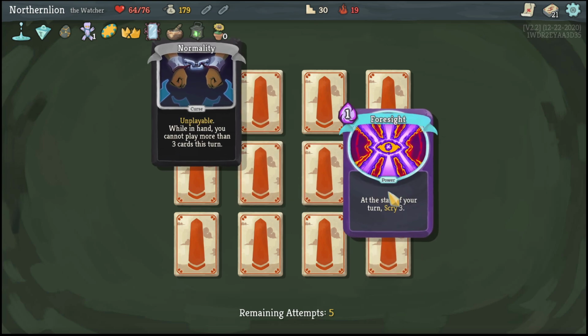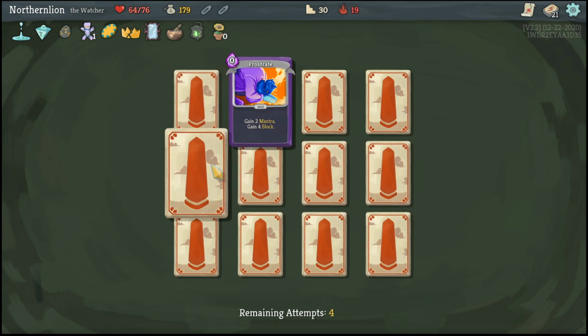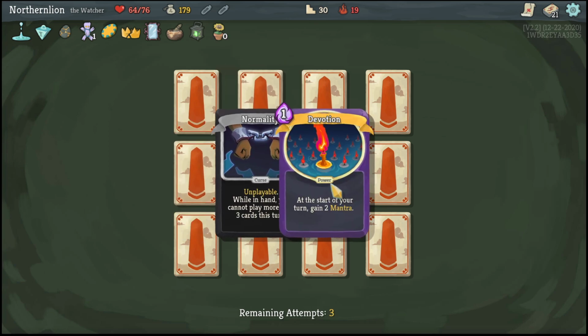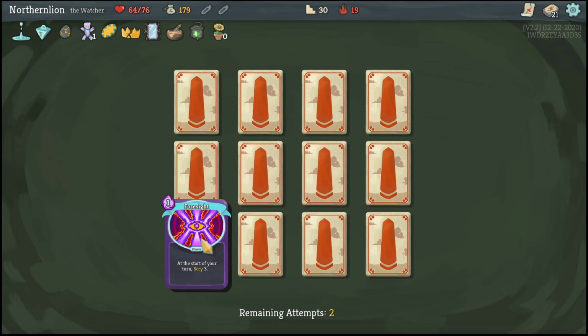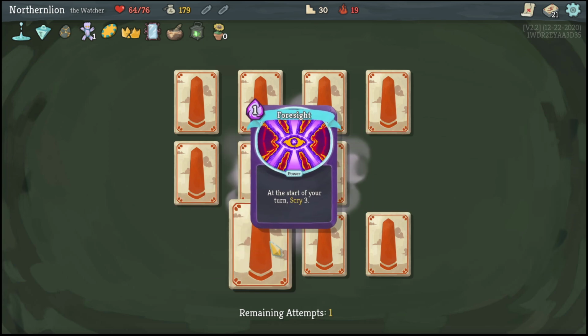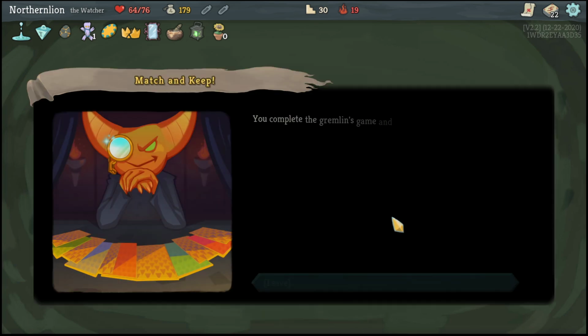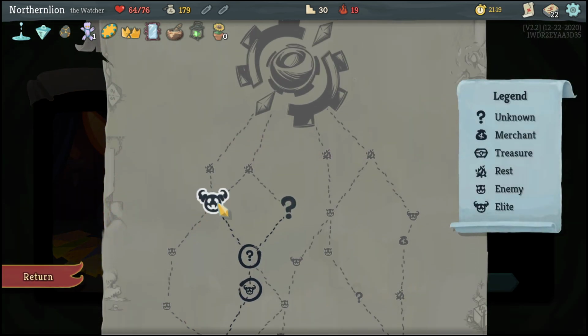Normality, Foresight, thank God. Prostrate, exam, shame. Normality, we do not want it. Devotion, we do not want it. Foresight, I think we could fit it in this deck. And then Devotion, I don't care for necessarily. I would love to have gotten the extra Eruption, but...